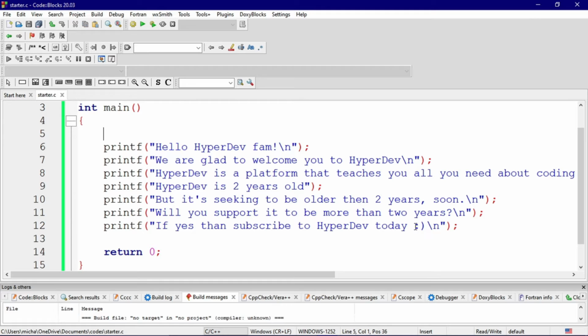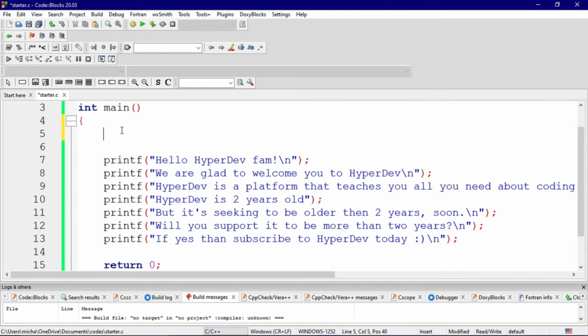With a little laughing emoji or something. That is actually what your client asks you to write. But after you finish writing the program, this is how it looks. So you as a programmer are not happy with the program because it involves a lot of repetition. From line 7 to line 13, we repeat Hyperdev, Hyperdev, Hyperdev. So you are looking for a way: what will you do to make sure that you only change something once, and then the entire Hyperdev will change? That is actually what you need.